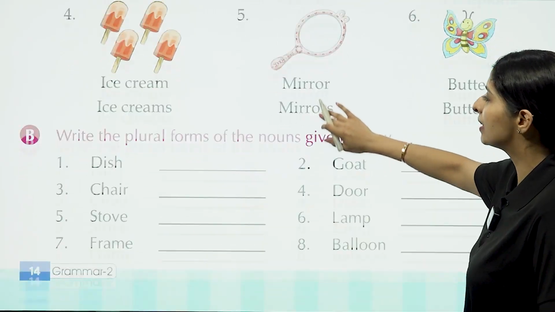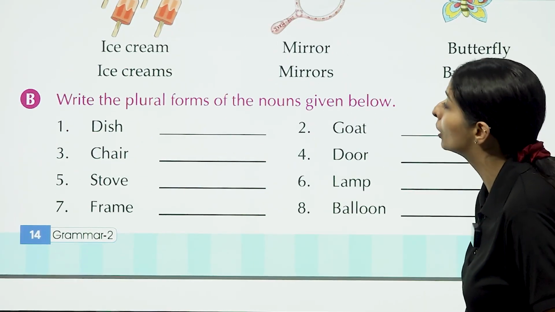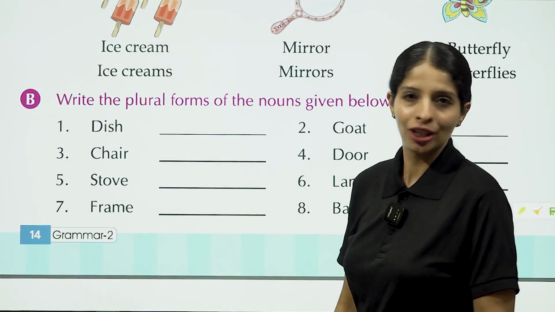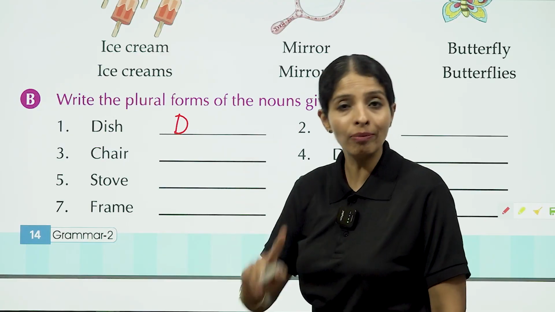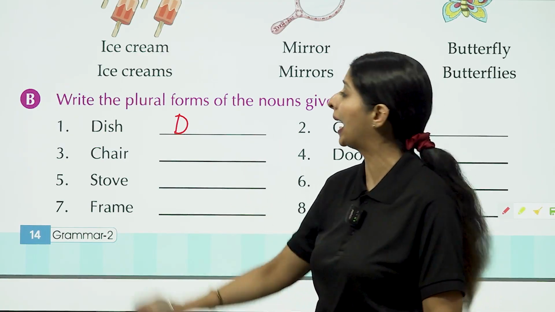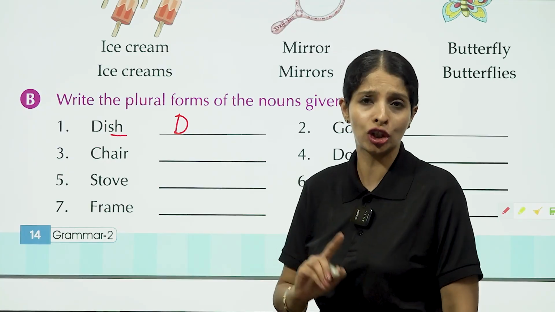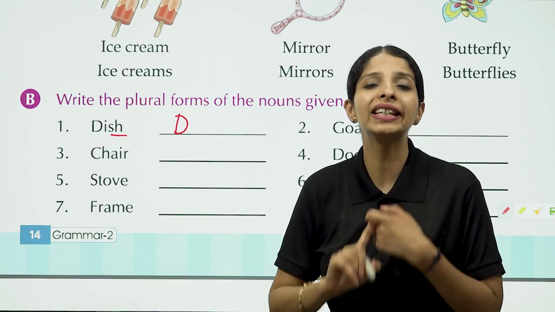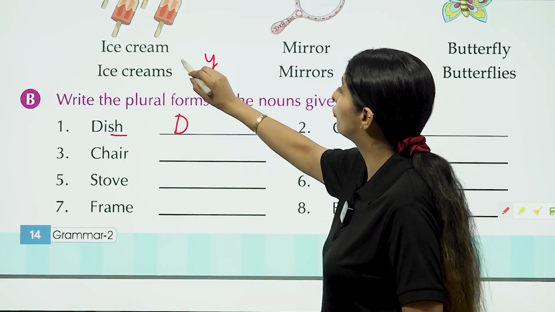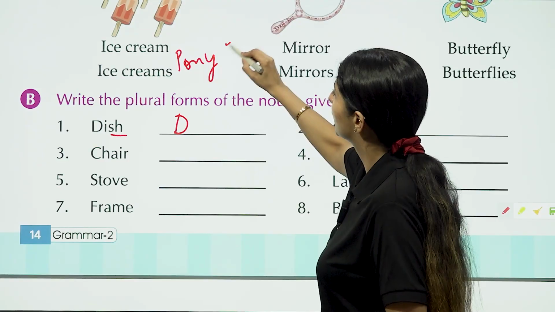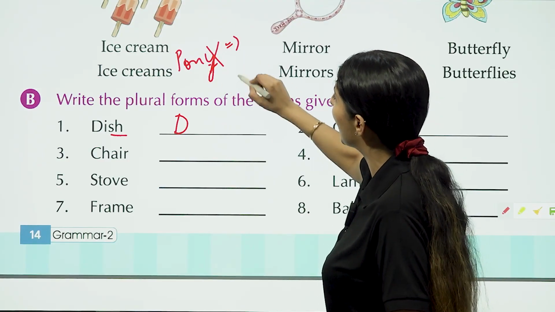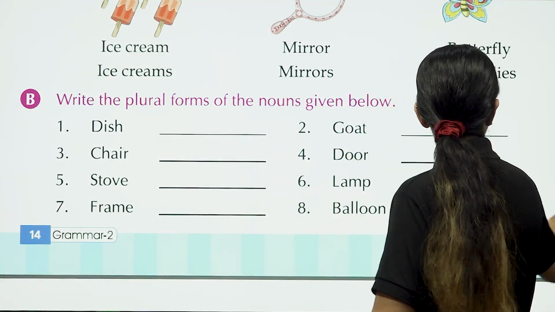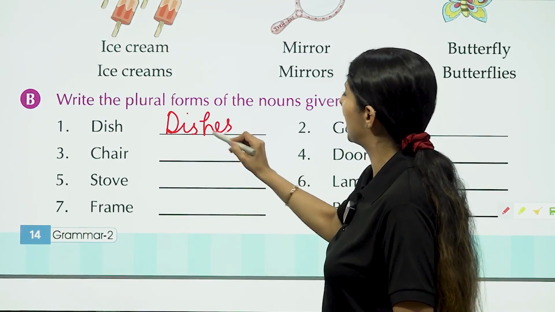Now, next, again, you have to write the plural forms of the nouns given below. Dish. One more rule, whenever you see any noun ending with CH, SH or Y, then you have to add ES. In case of Y, if there is pony, right? So you have to cut this Y and write ponies. If you see here, dishes, ES,